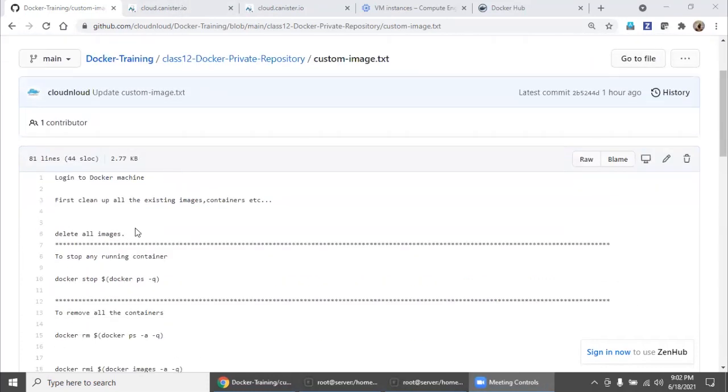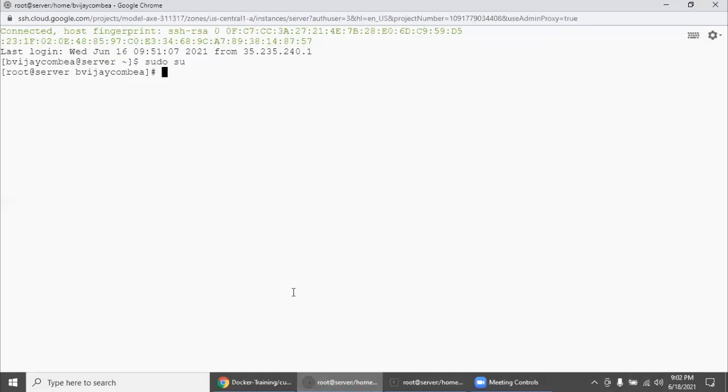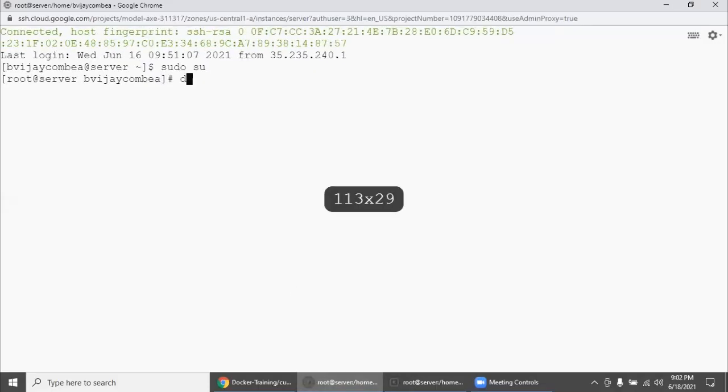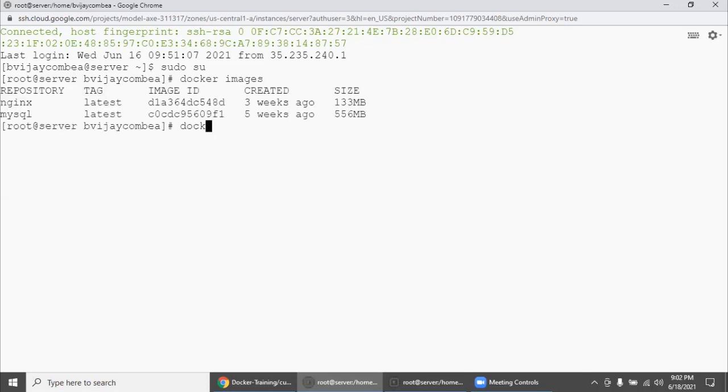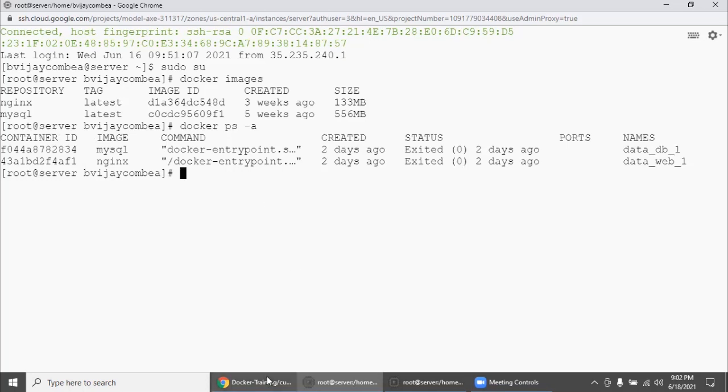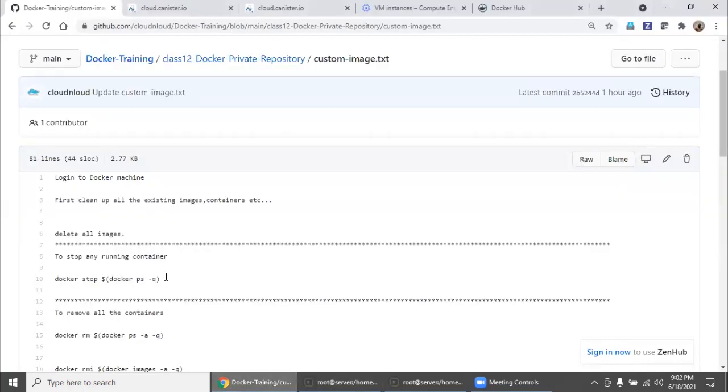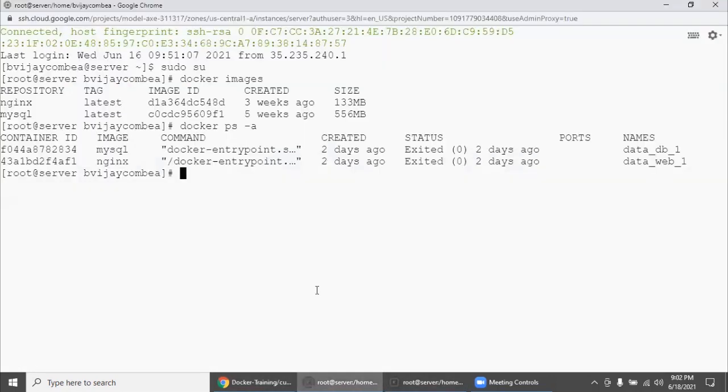Let's go inside. First we will clean up Docker images. There are a couple of previous items existing. First we check whether any container is running.